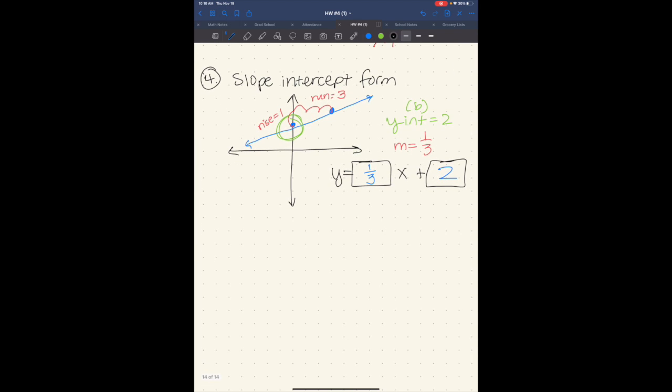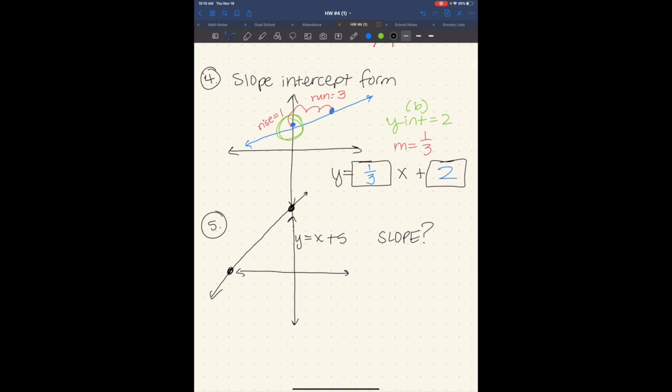Number 5 on my quiz has a graph of a line, and it goes through 5, 0, so that's up here, and negative 5, 0, so that's right here. So I didn't make my graph big enough, but you guys get the point. And it gives me the equation y equals x plus 5, and it's asking what is the slope,